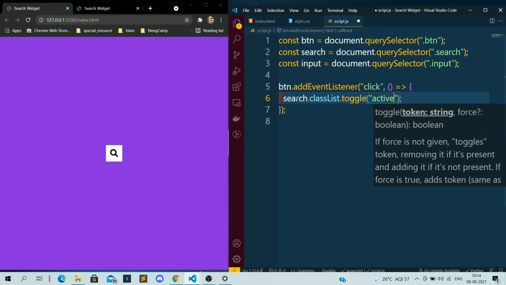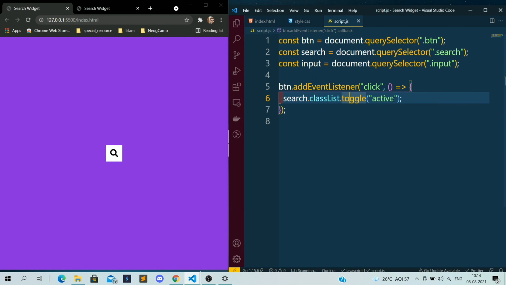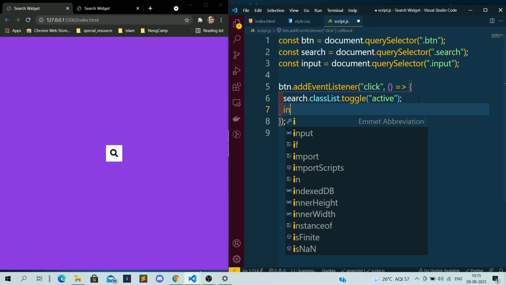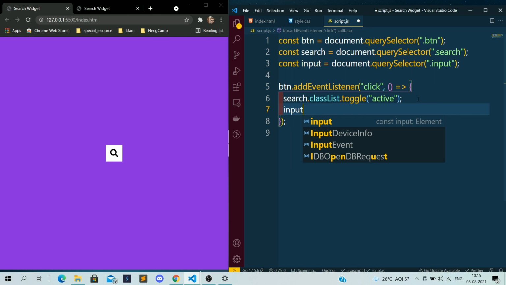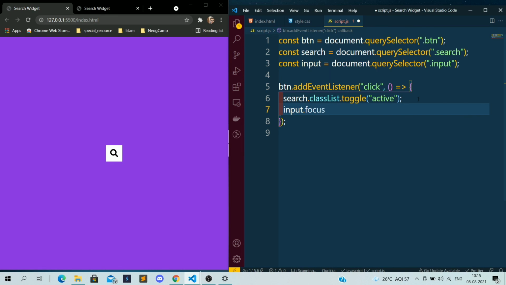So what this toggle will do, if I click over it, it will add the active class, and again if I click over it, it will remove the active class. Okay, and what I want for the input, as soon as the user clicks on the search icon, the width of the input will increase, and I just want to focus over that input. Okay, now save it.